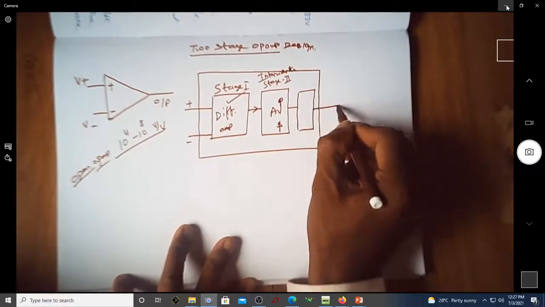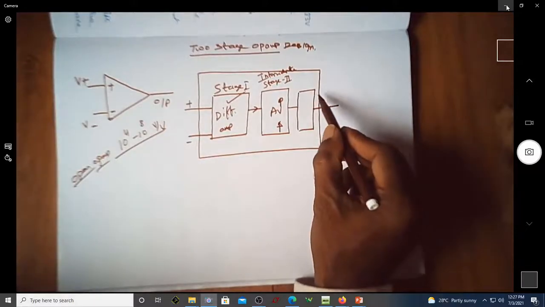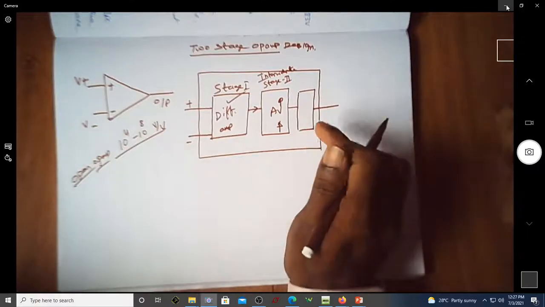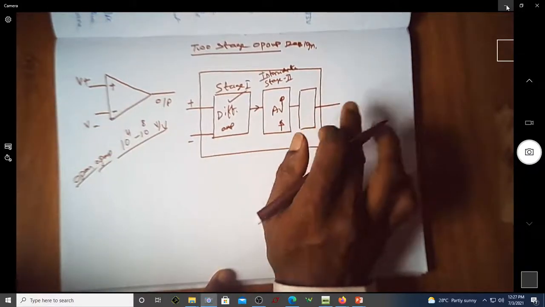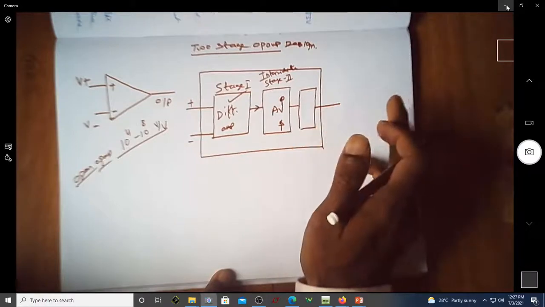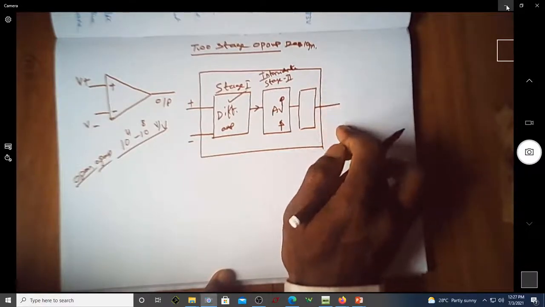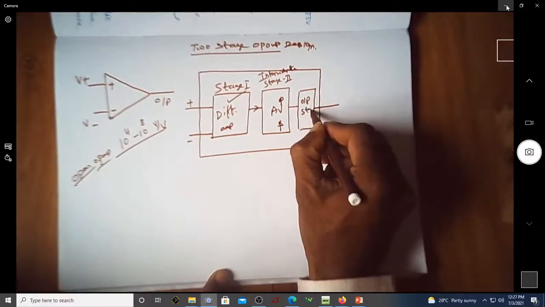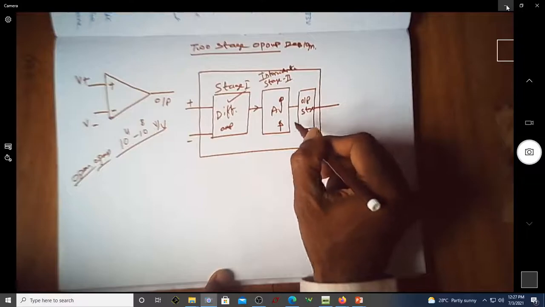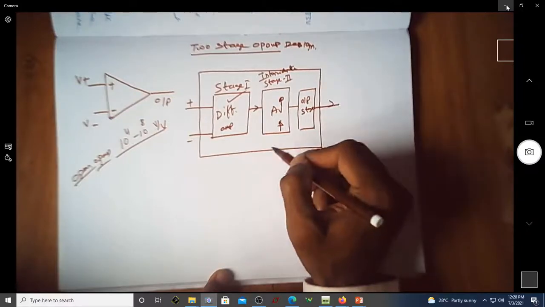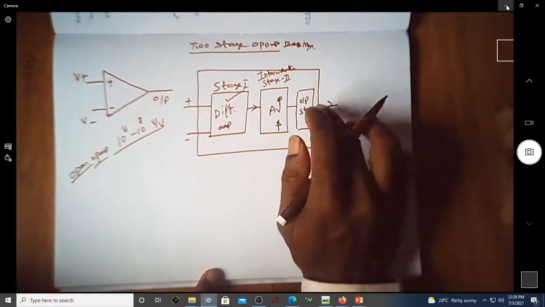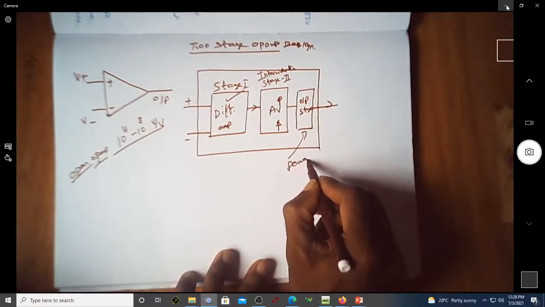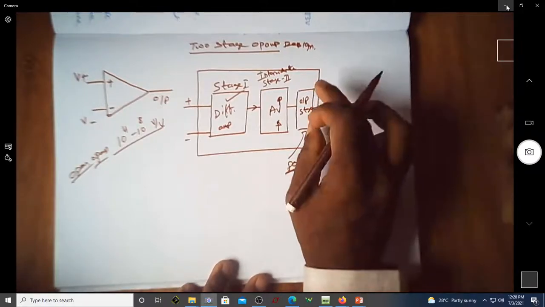Because we know that the output resistance of this op-amp should be as small as possible, it should be able to drive heavy loads, meaning that it should be capable of providing a sufficient amount of current for the load. So this is the output stage, which will take care of reducing the output resistance and providing sufficient current for driving the loads. It is usually a power amplifier type of stage,